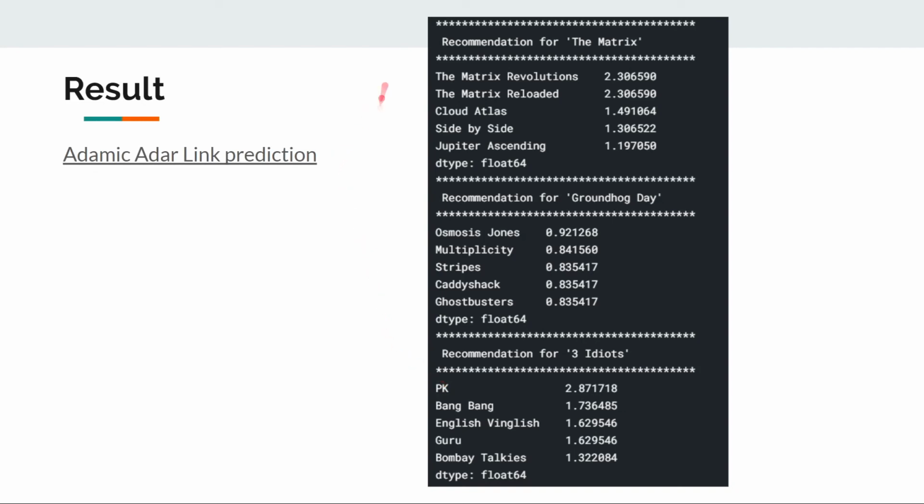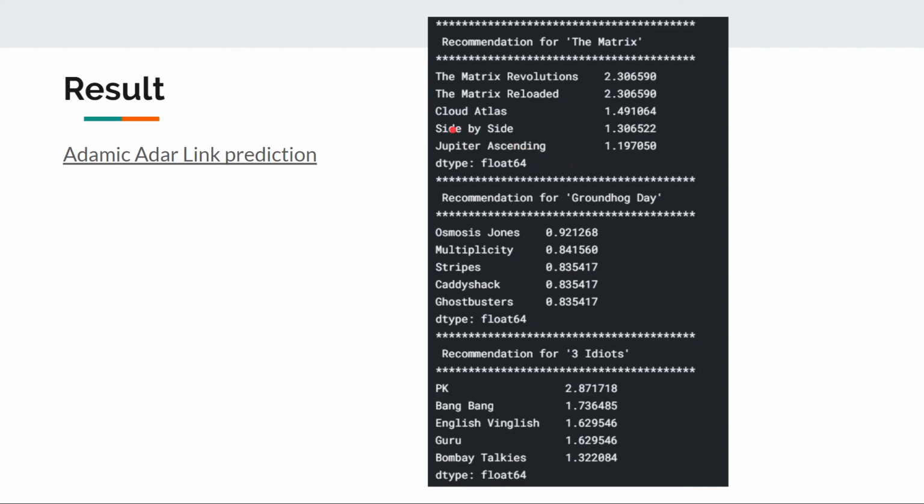In the first example, we input the root node as the Matrix movie. Then it iterates through the Matrix's neighbors and the neighbors of those neighbors and calculates the closeness score. And here are the resulting closeness scores.